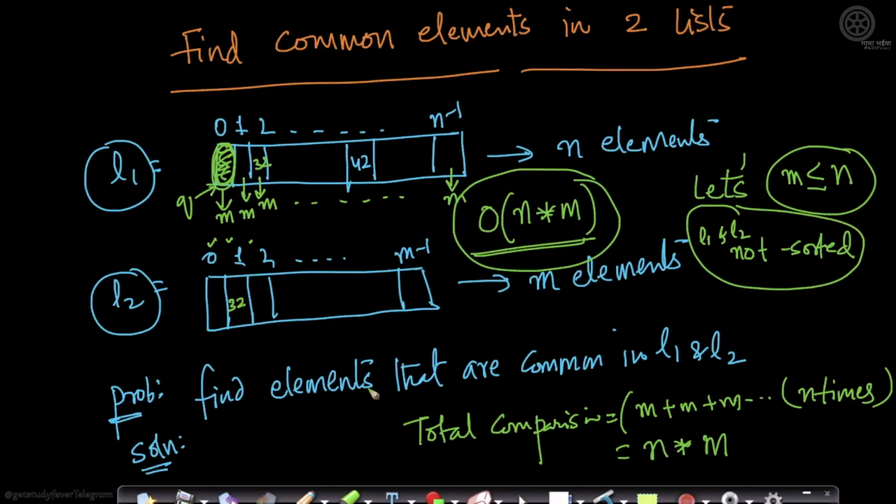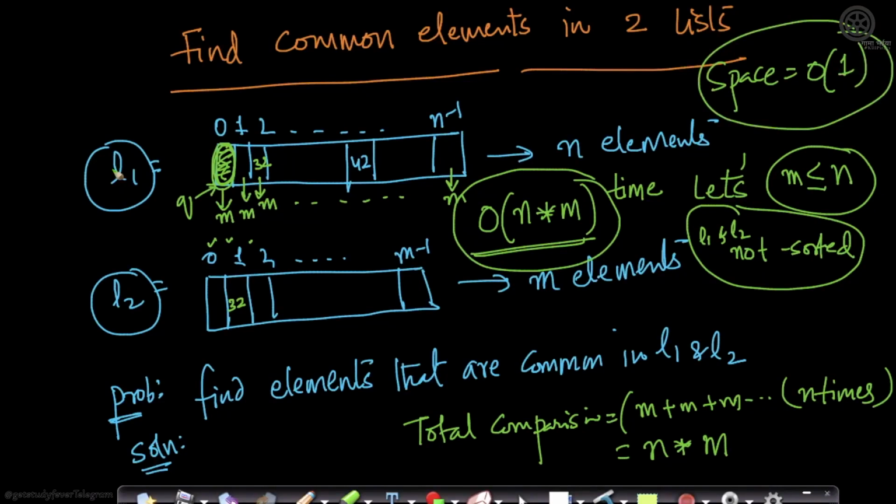This is the simplest of algorithms. Now let's see the code for this. This is clear, right? What about space? What about space? It's order of 1 because I'm not using any additional space in addition to what was already given to me. I was given L1 and L2, which is my input. Within this solution, I'm not using any more additional space. I'm just using a value of q to store, which is negligible. It's still order of 1 space. So this simple algorithm takes order of n into m time and order of 1 space.